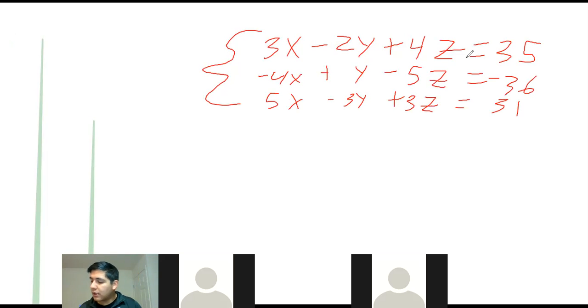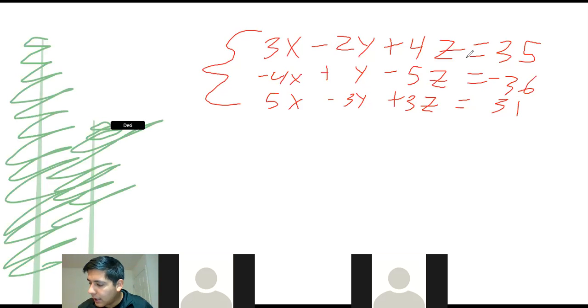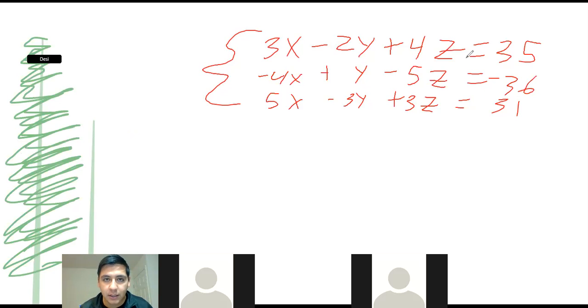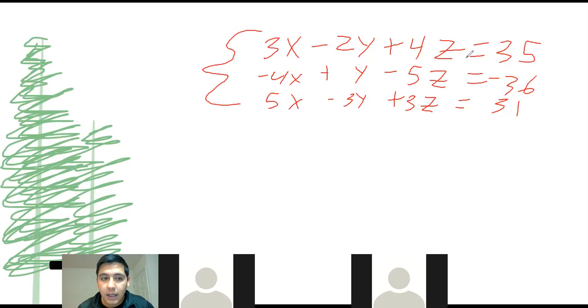Remember, just a quick review of what we did, right? Remember that we took the top two equations and we eliminated y, right? And remember we did that by multiplying the middle one by 2, right? So we doubled everything so we can eliminate y. That's the first thing that we did. The second thing that we did is that we took the bottom two, so the middle and the bottom one,